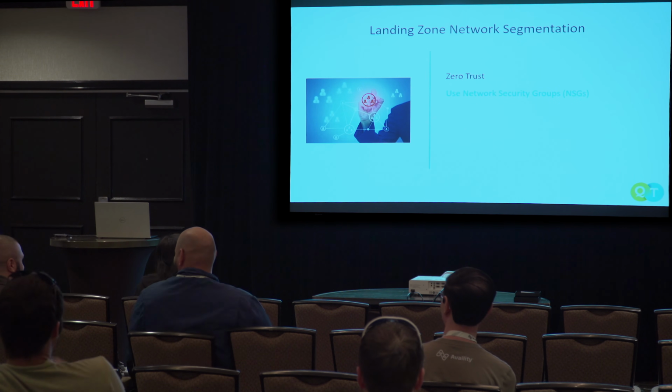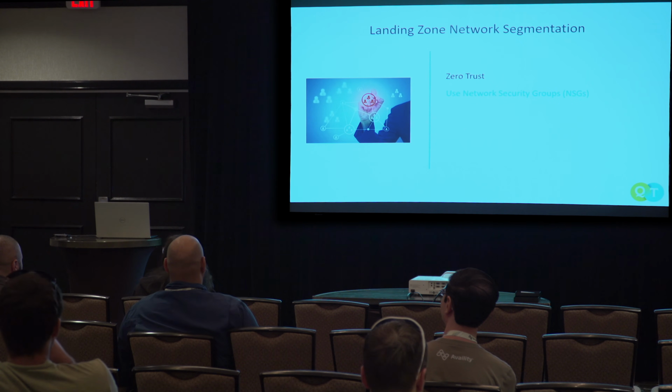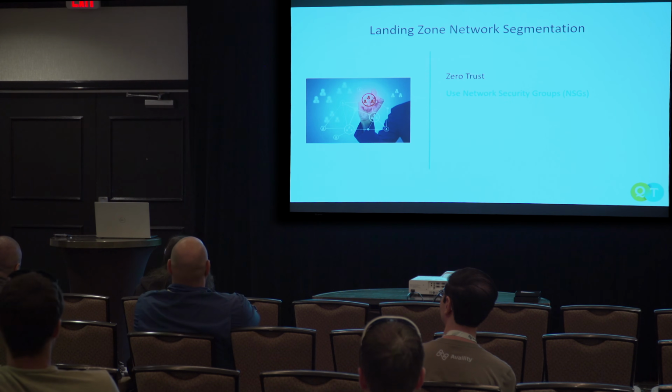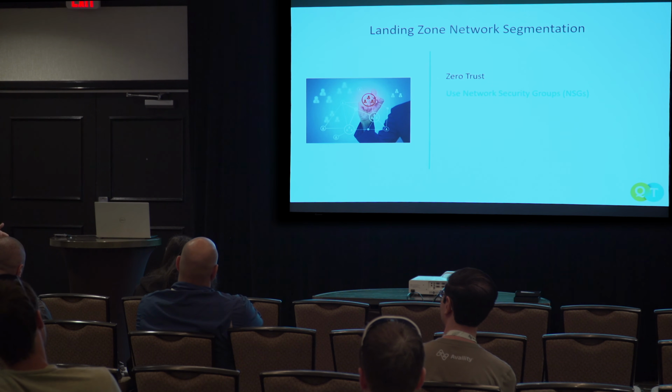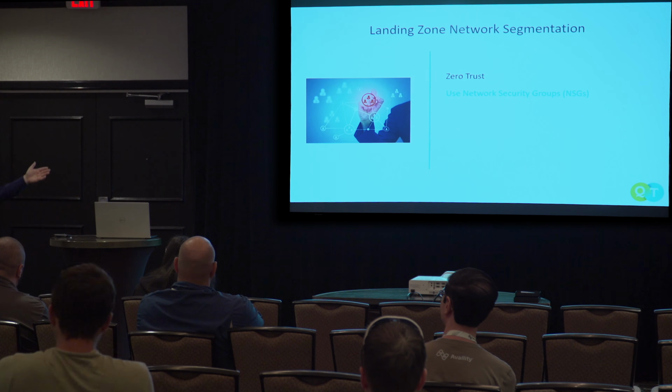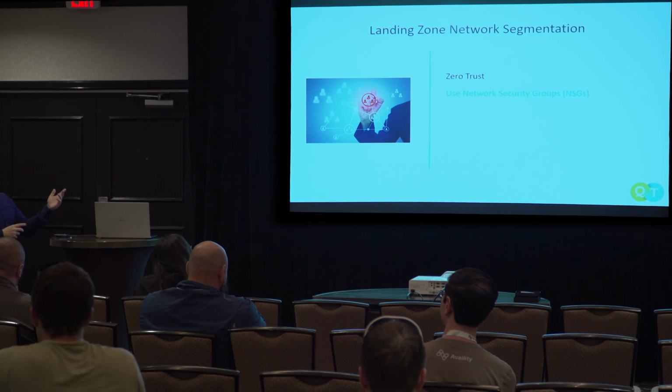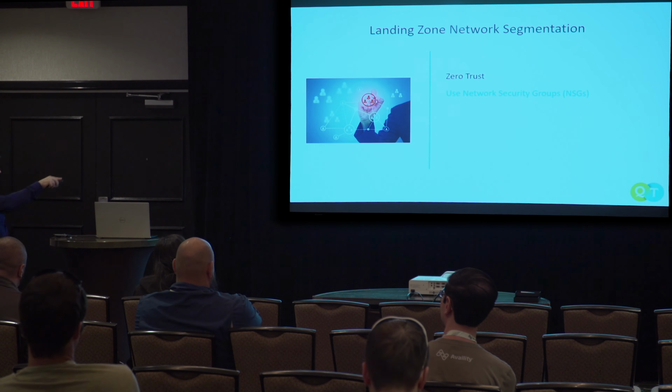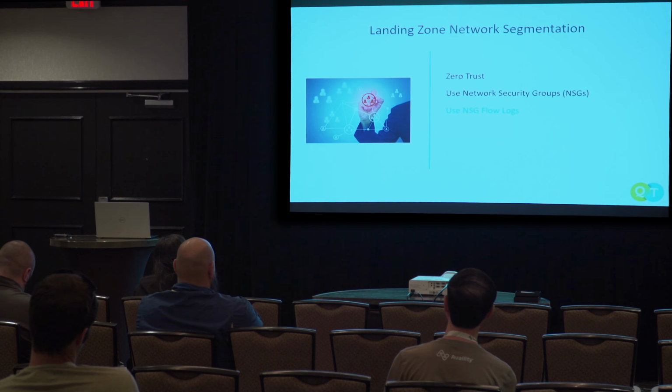Use network security groups. You can create network security group policies, and then every network security group that sits on a subnet can inherit from the policies. And so you can basically set up one policy to make sure that this is the policy that gets applied to networks that I want SSH across or something like that. Or set up your common logging policies for network security groups, because you can log network traffic using your network security group.